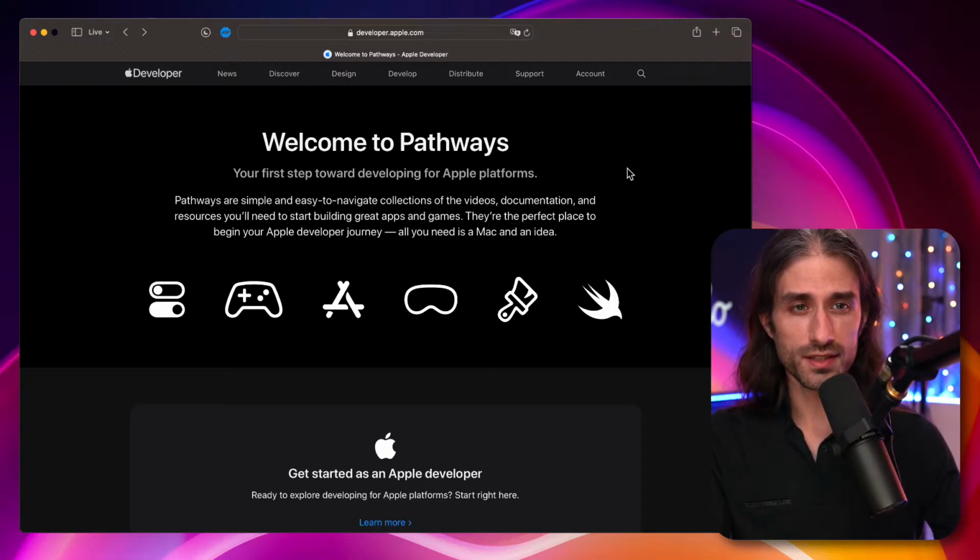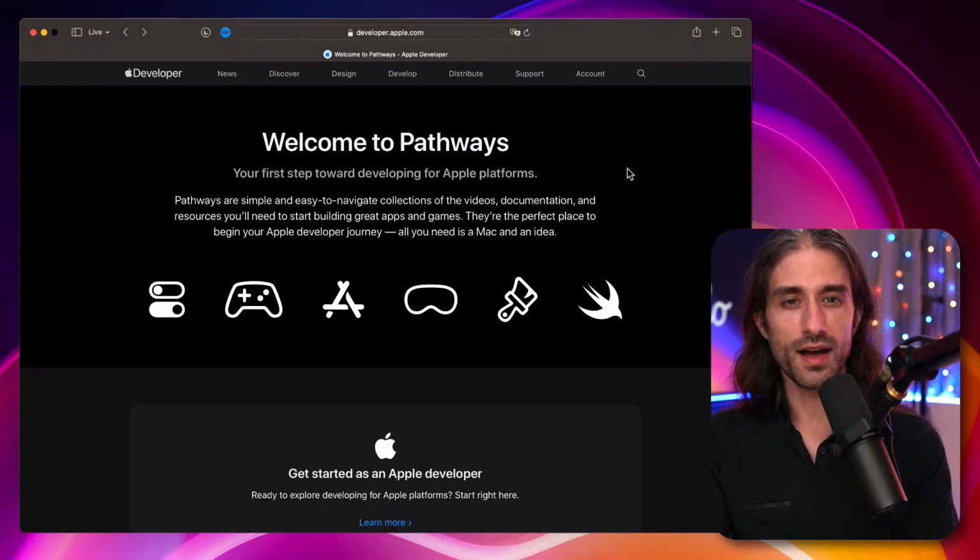Because when you think about it, we are very lucky in the iOS community to have a lot of content creators. I'm very lucky myself to have been able to create content and to have some amount of people watching it. But think about it. If you're someone who is enthusiastic about Apple and iOS, maybe you've bought a Mac, you have an iPhone, you want to start learning Apple and iOS, but up until recently, there wasn't any resource from Apple to start from scratch. You had a lot of videos, a lot of documentation, but nothing to take you by the hand.